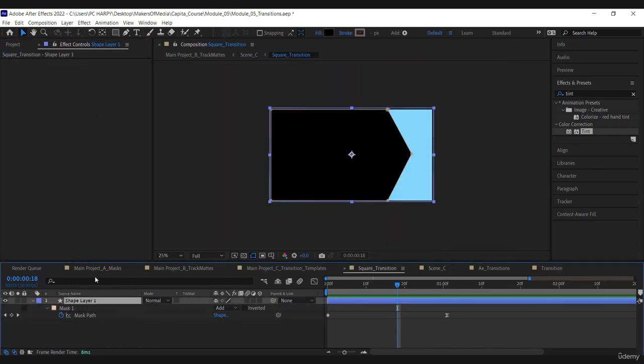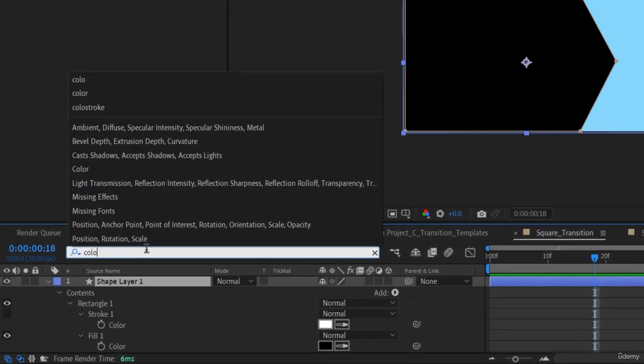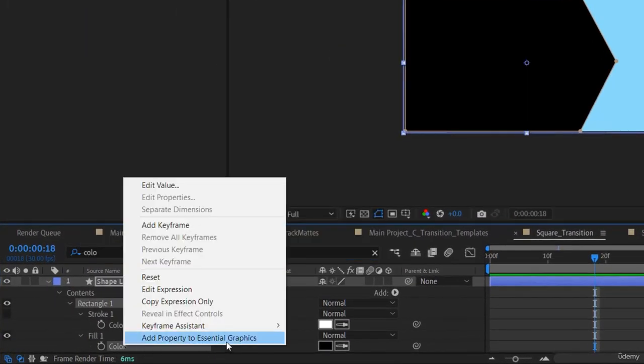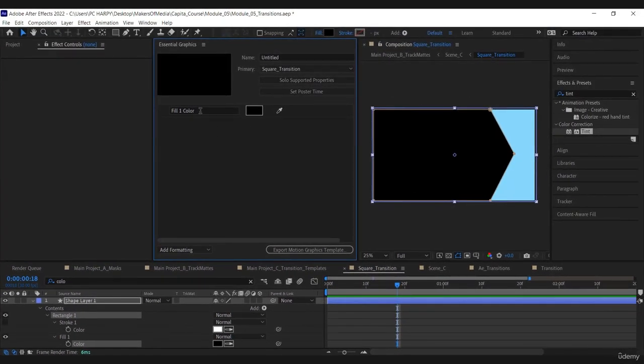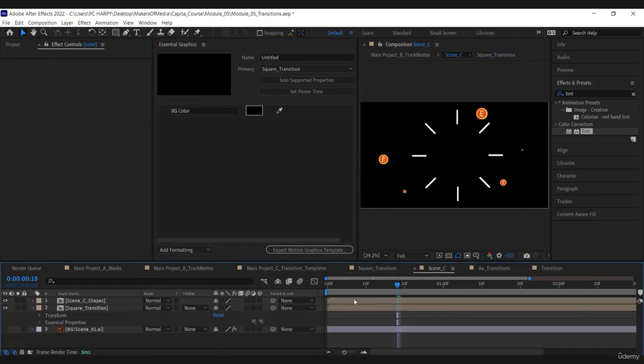Now, instead of having to manually go into the pre-comp to change the color of the background from black to another color, I can just add that parameter as an essential graphic. Now I can easily change it whenever I need to, for example, in order to be used as a track matte transition or a background transition layer,